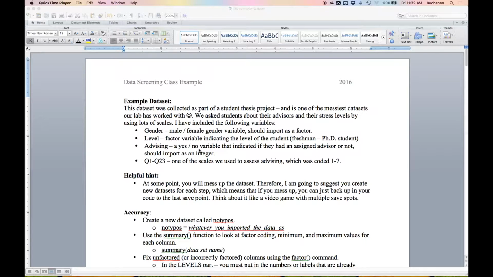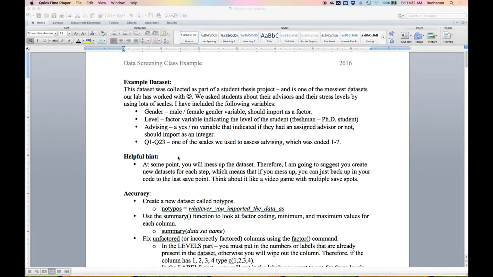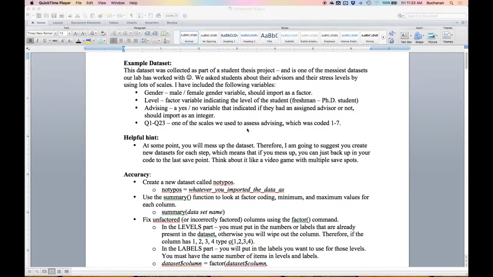but the ones I included were gender, so that should import itself as a factor because in the CSV file it's labeled with words. Level, so freshman, sophomore, that sort of thing, also should import as a factor. Advising, which is a yes-no variable if they had an assigned advisor, but I left that as integers to show you how to factor variables. And then the questions for one of the scales that we use to assess advising, which is coded 1 through 7. And so as we work through this, we're going to use these columns to data screen